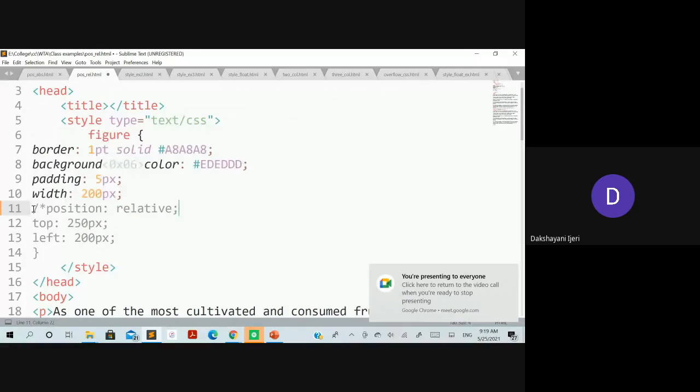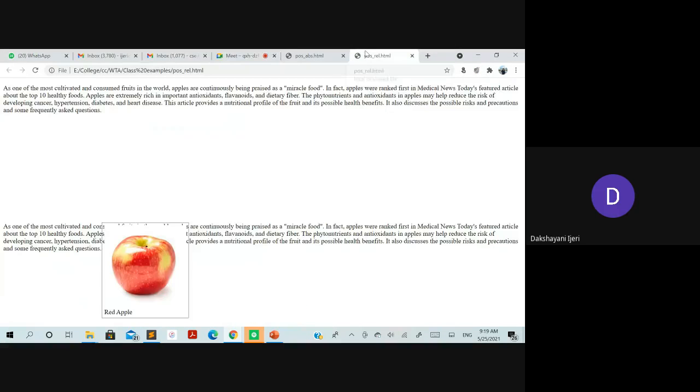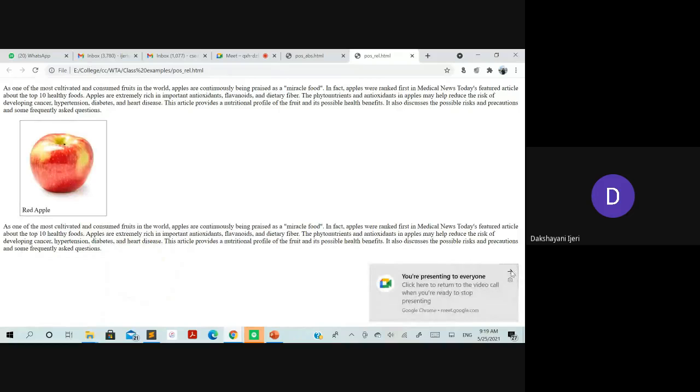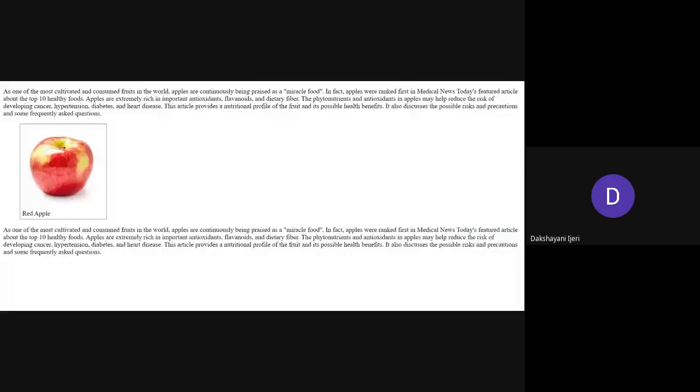First, we'll see how it is going to appear without using the position property with a relative value. Okay. So this is the default one without using the position property. So we'll see what difference it is going to make if I apply the position property with a relative value.